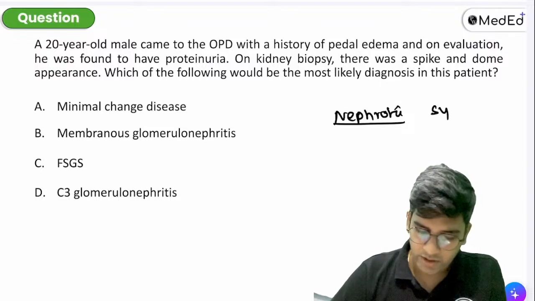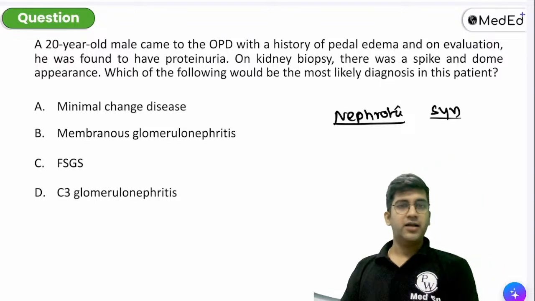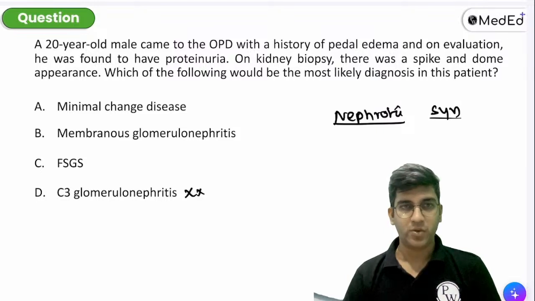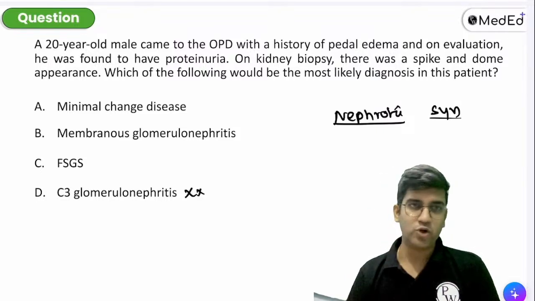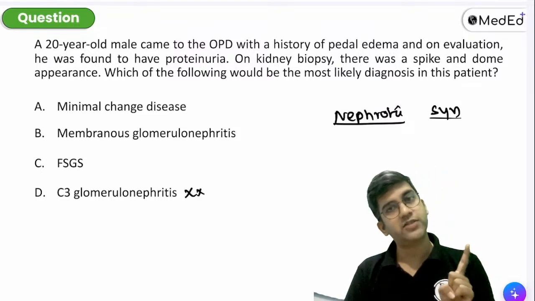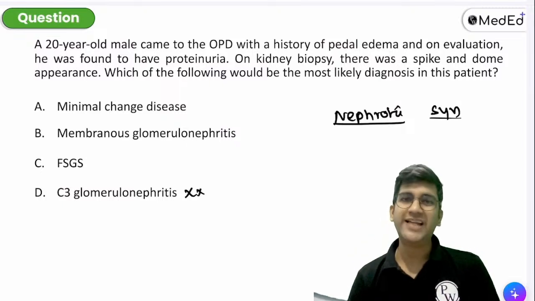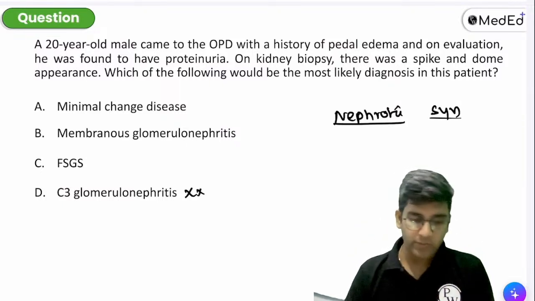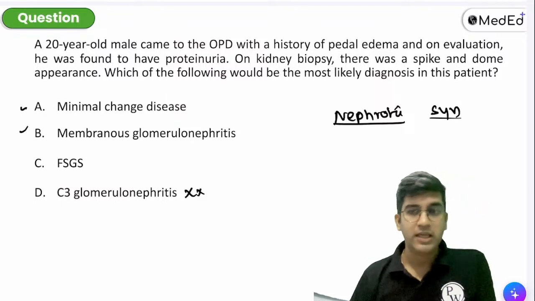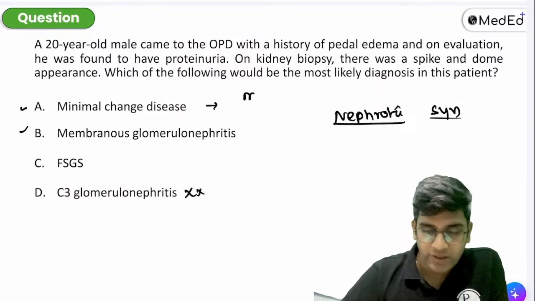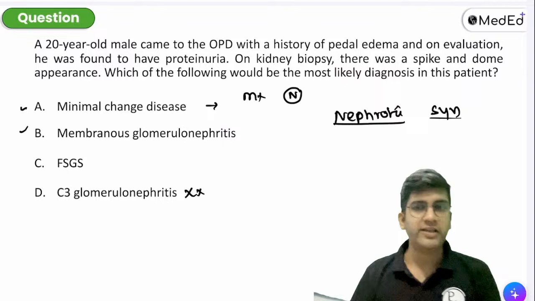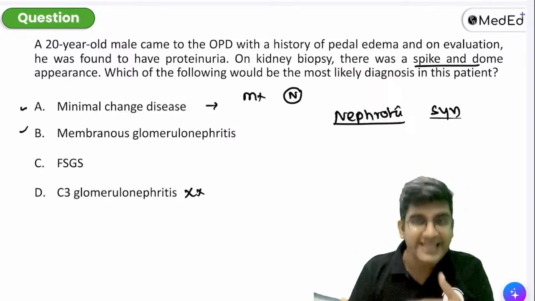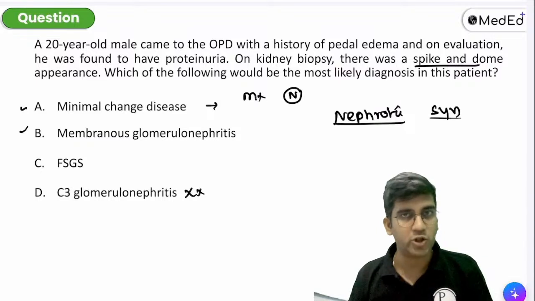So in this, one presents as nephritic syndrome. The rest of the three present as nephrotic syndrome only. FSGS is very common in the elderly age group; in a 20-year-old it is unlikely. Minimal change disease and membranous are the only differential diagnoses for now. In minimal change disease, microscopy will be normal. There will be no change in the glomerulus at all. So if you have some change, by ruling out also, the answer is membranous glomerulonephritis, right?